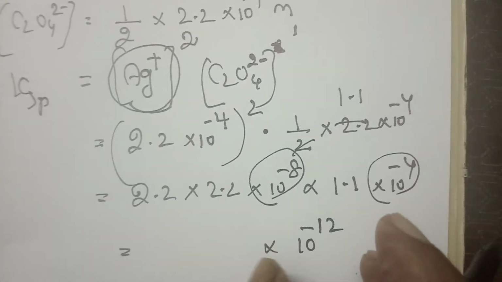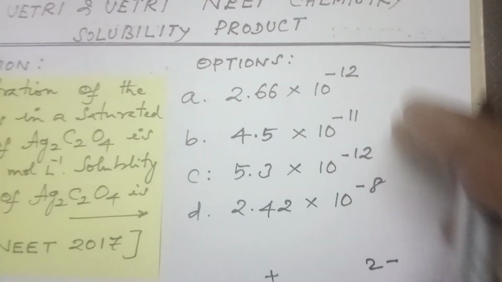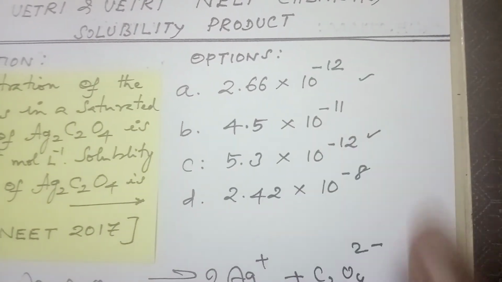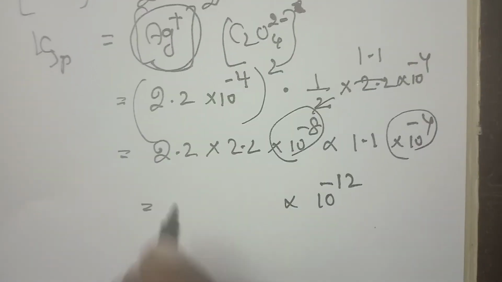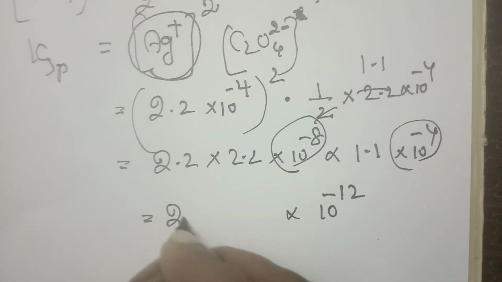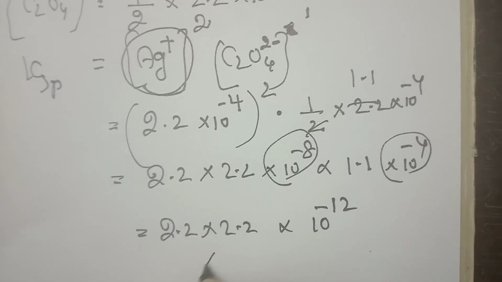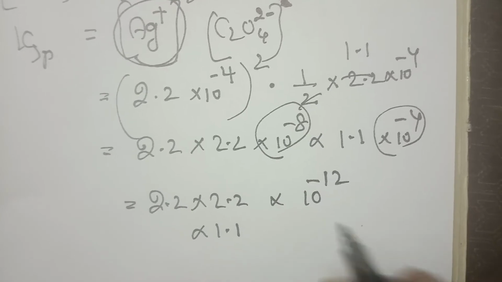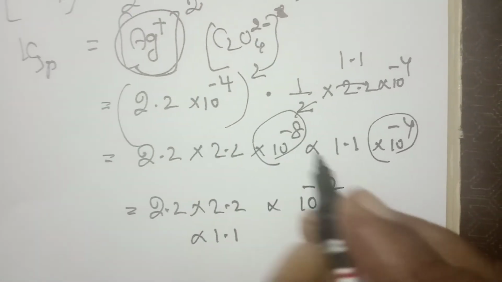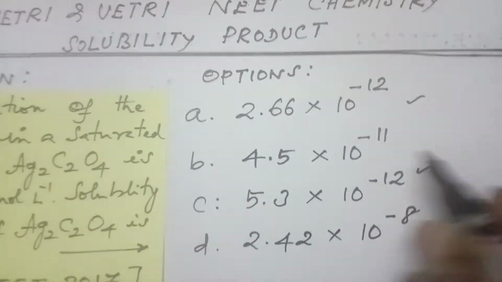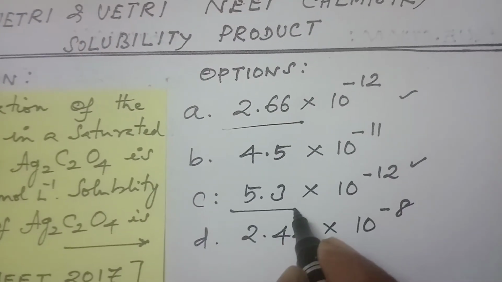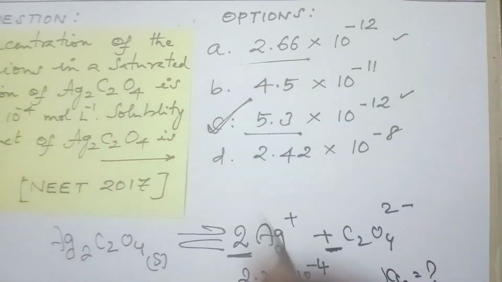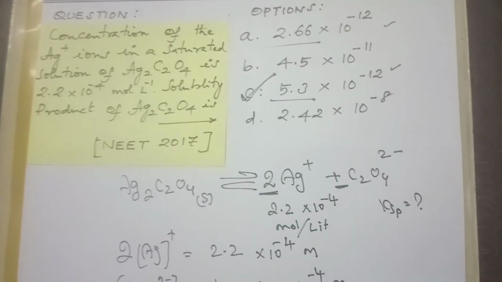With that you stop and go and find the options, because there may be some elimination. Here only 10 power minus 12 and minus 12, two options are available. So with that we are coming here. Now let us see what should be multiplied with 2.2 into 2.2 into 1.1. Fast you can do: 2 twos are 4, 4 into 1 is 4. So your answer should be 4 and above. Among these two, here 2.6 and this is 4 above. So even without completing the sum, we can select the option because we are going for a competitive exam. Like that we can approach the question.